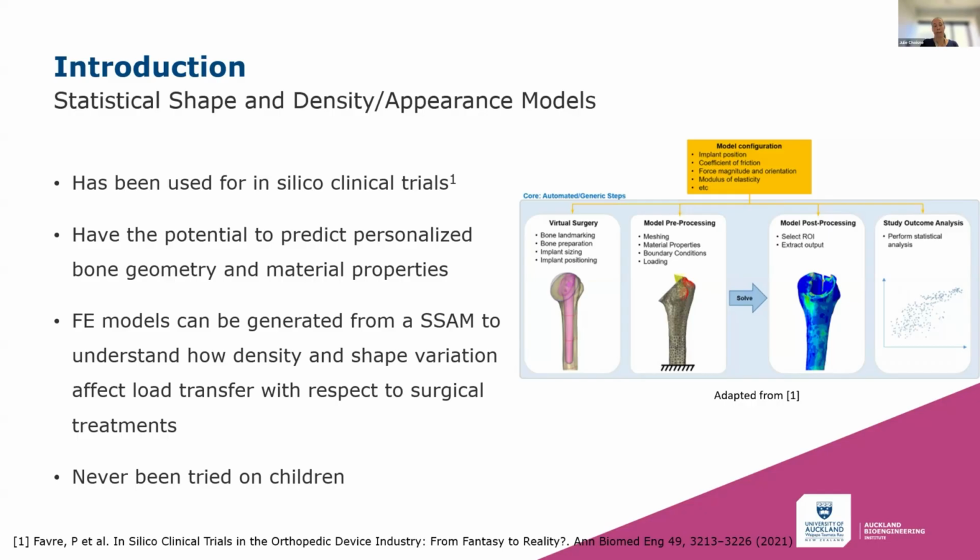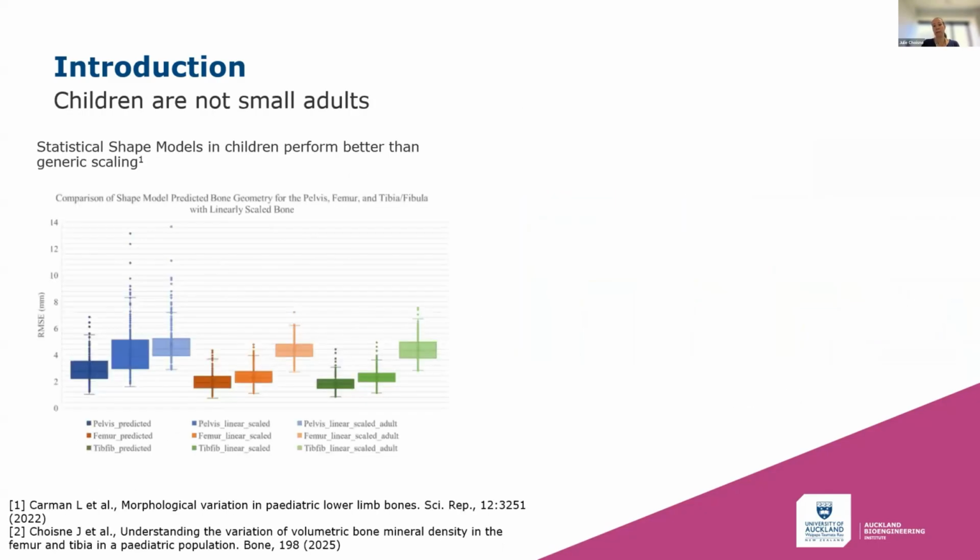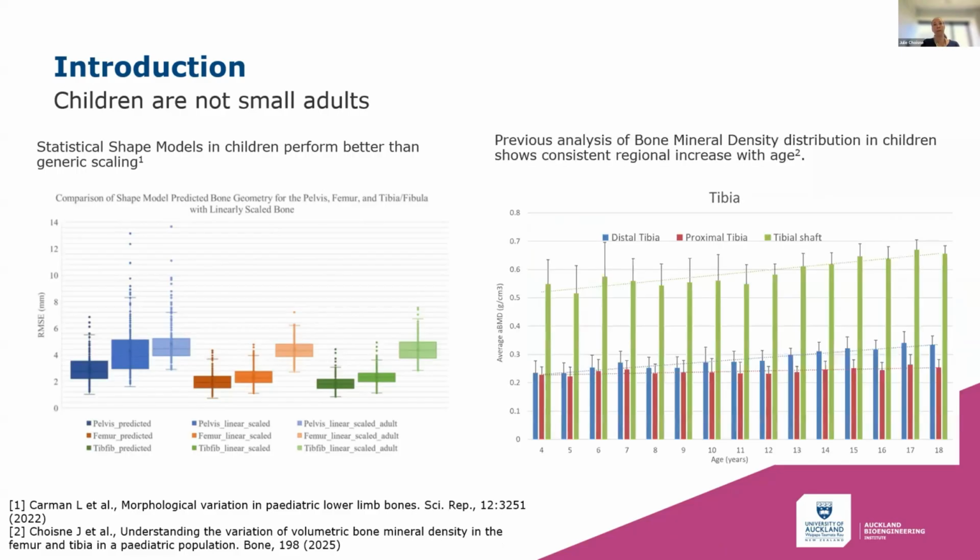However, it's never been tried on children. And we all know that children are not small adults. So part of our previous work was to look at how statistical shape models can predict bone shape and how they can be used in musculoskeletal models, and how different they are from OpenSim models that use generic adults. We also looked at how bone mineral density distribution changes in children with age and how